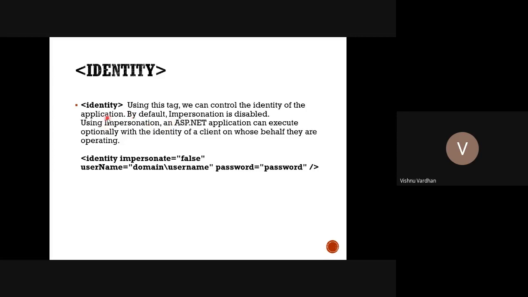So that is called impersonation. So by default, all these are supported. Identity impersonation enable करना है कि disable करना है, that we can put from this identity by impersonate false or true. You can provide the domain name, username with some password which is identifiable from your Windows server. So these identity features sometimes we may be requiring, but not all the times.